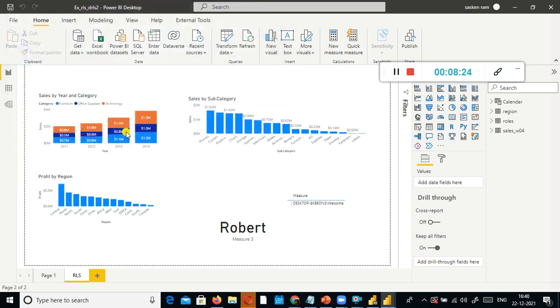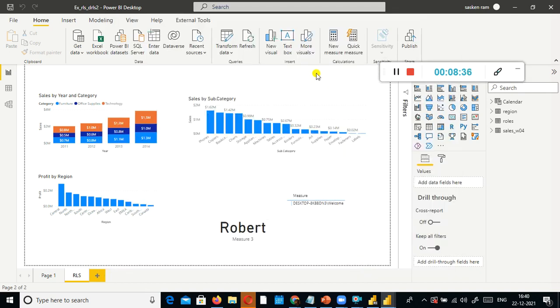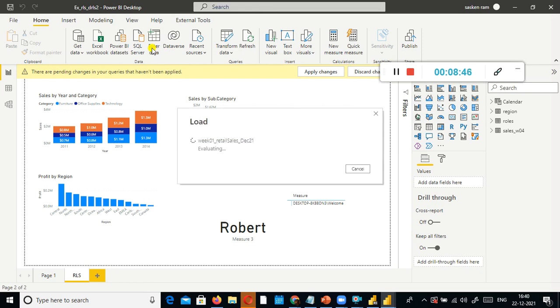So for example, we have 2 weeks of data given by your manager. This is one data set given by your manager. First load the data given by your manager or the customer.